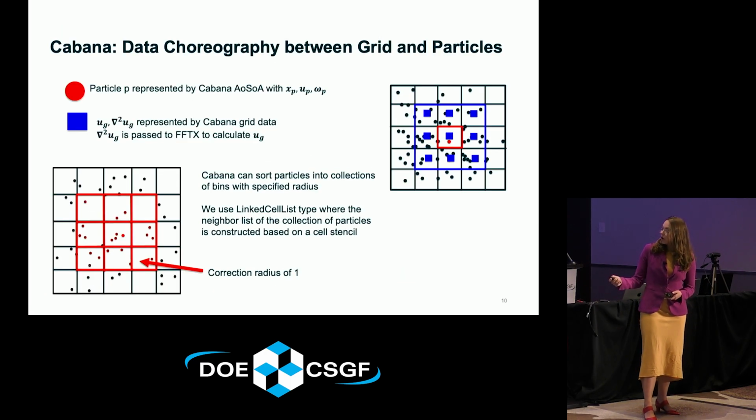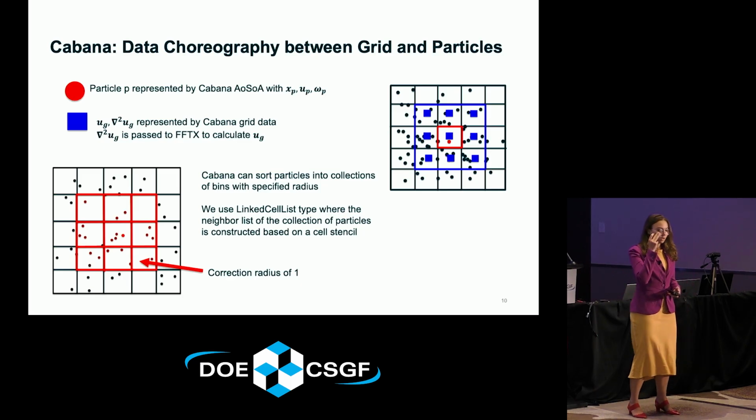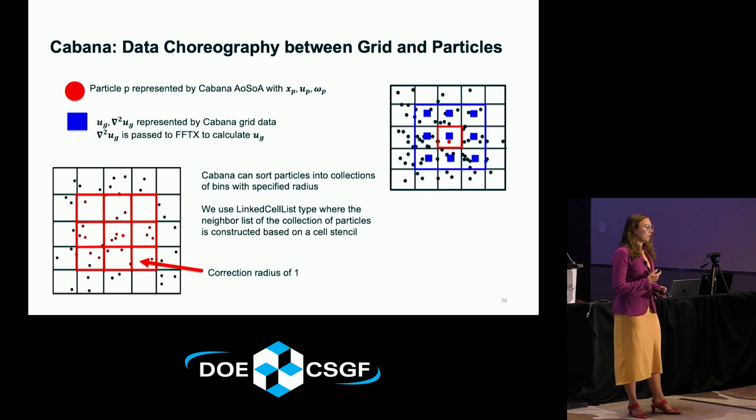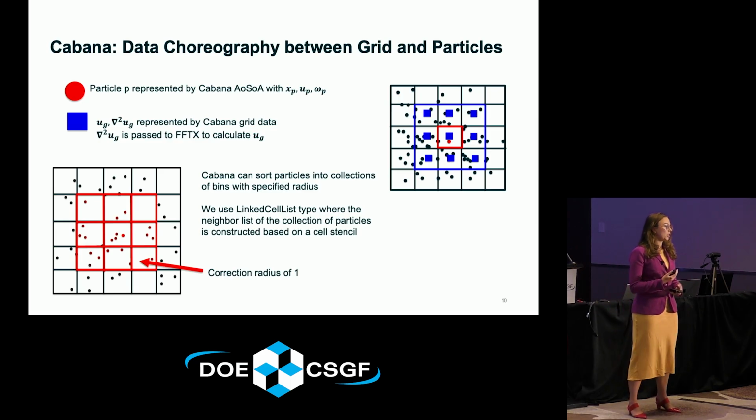So here is how we're using Cabana. The particles are represented through Cabana, where we carry the position, the velocity, and the vorticity. We represent the velocity on the grid using Cabana grid data. And then really what powers this method is Cabana's list functionality. Cabana can sort particles into lists based on the correction radius, so we know what bins of particles to look at. And we use a linked list cell stencil so we can specify the correction radius we're going to look at